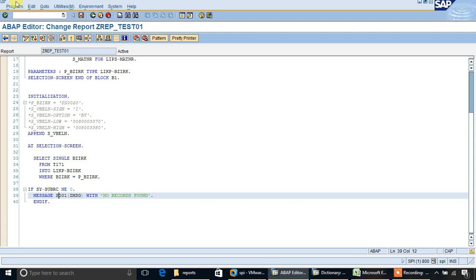If we choose an error message and we give improper input, then the program terminates there. And if we choose a warning message instead, then we can correct our input and proceed further.